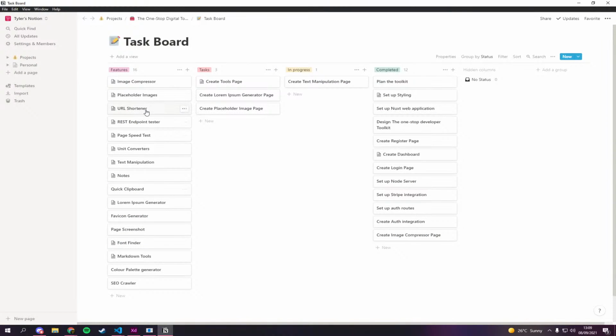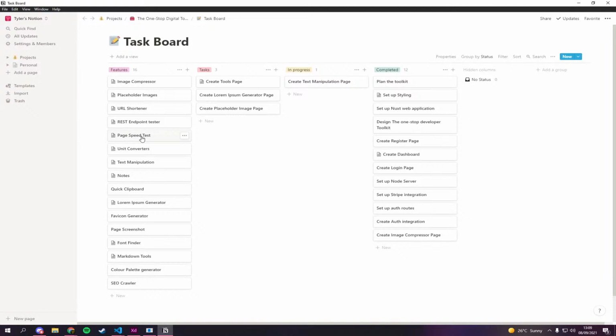URL shortener, so URL tracking. I notice a lot of people need to track URLs, and adding some URL tracking to this application is just one of the things I see done everywhere. A lot of people need to be able to track a URL without having to use Google Analytics and stuff. You know what I'm saying? REST endpoint tester. A lot of developers, obviously you'll know what this is. You'll be making an API and you need to test it. There'll be one built in, so you don't need a separate app for it.